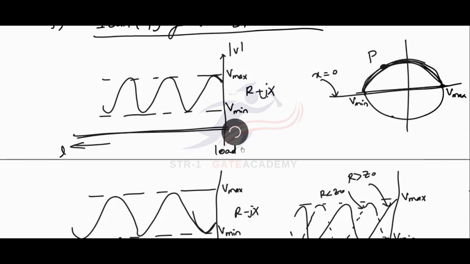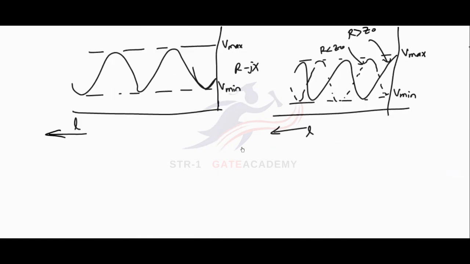That means if I have a purely inductive load, that is only jX, and R plus jX, what will be the difference between the two? The difference will be, for R plus jX, the Vmin is not 0, whereas for the purely reactive case,